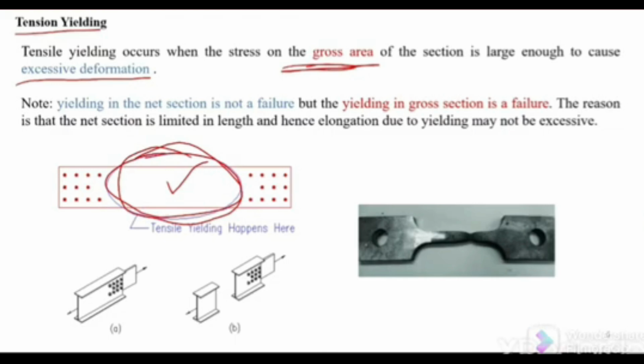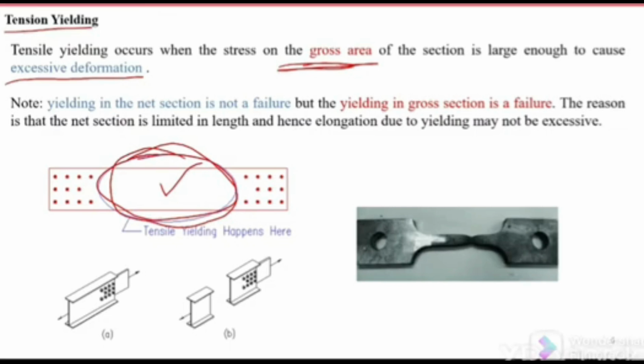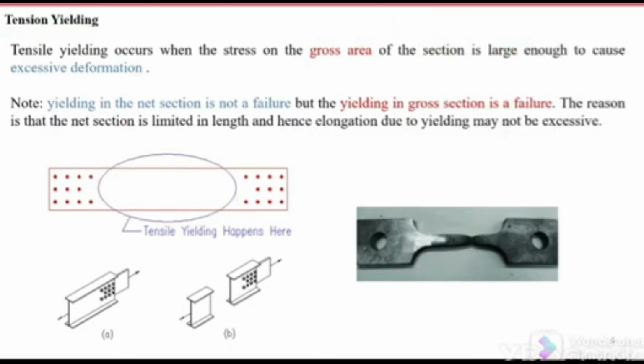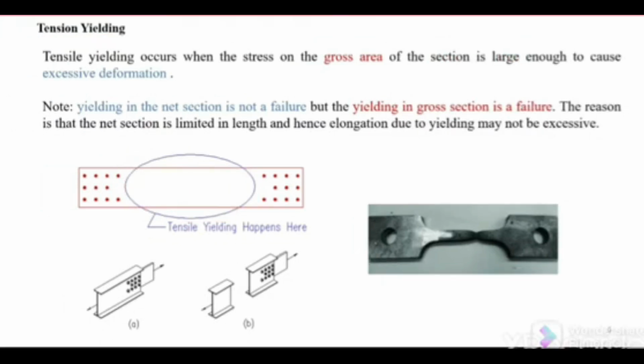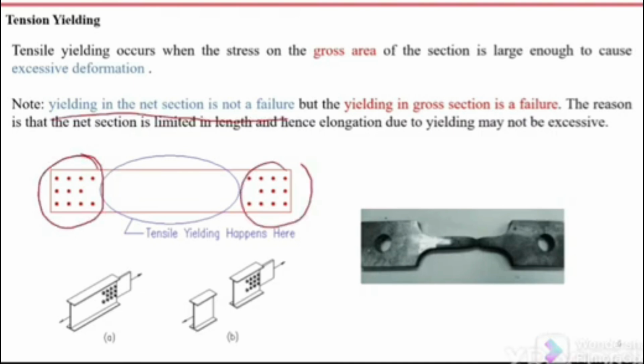If we recall, in case of rigidity failure, we discussed one example that in case of a beam, if the deflection is excessive, we considered it as a failure. Similarly, in case of a tension member, if the deformation is excessive, then we consider it as a failure. So here we need to note that yielding in the net section is not a failure. Yielding at this position at the connection is not a failure, but the yielding in the gross section is